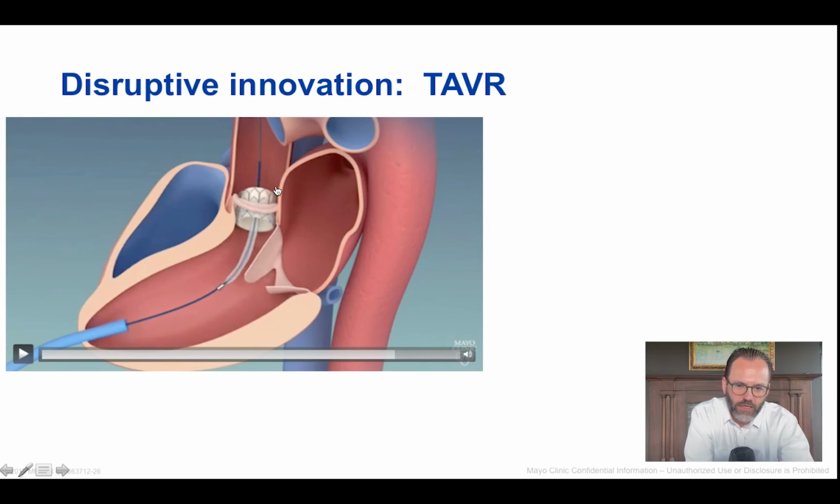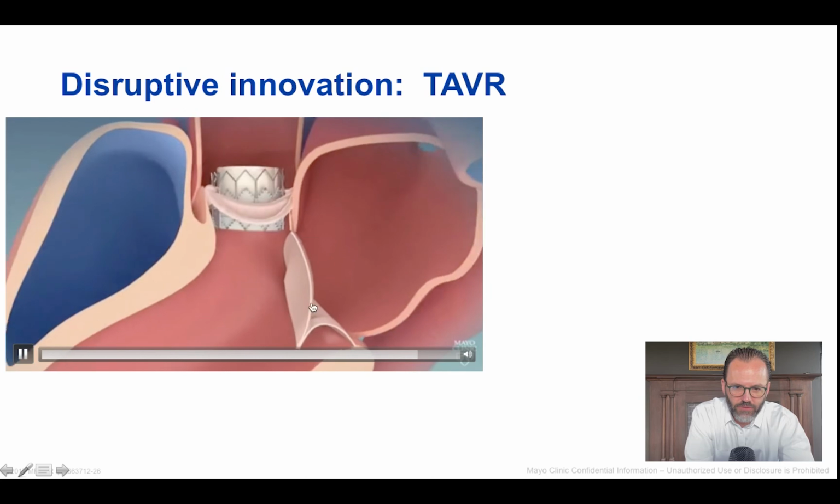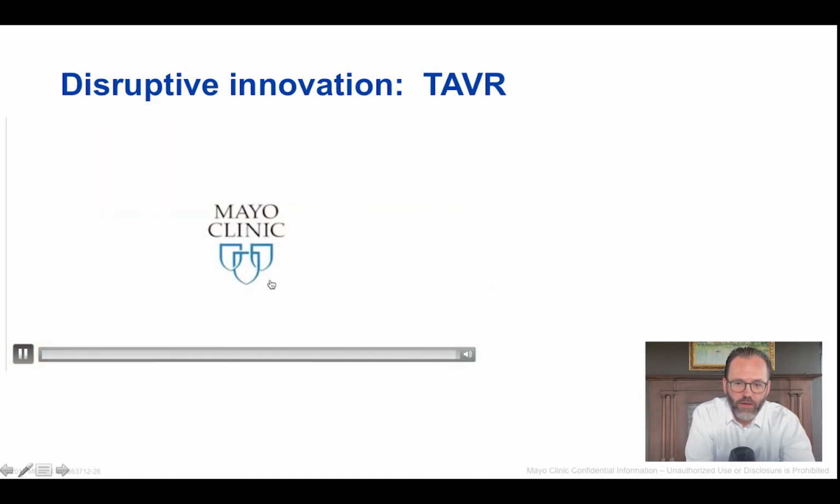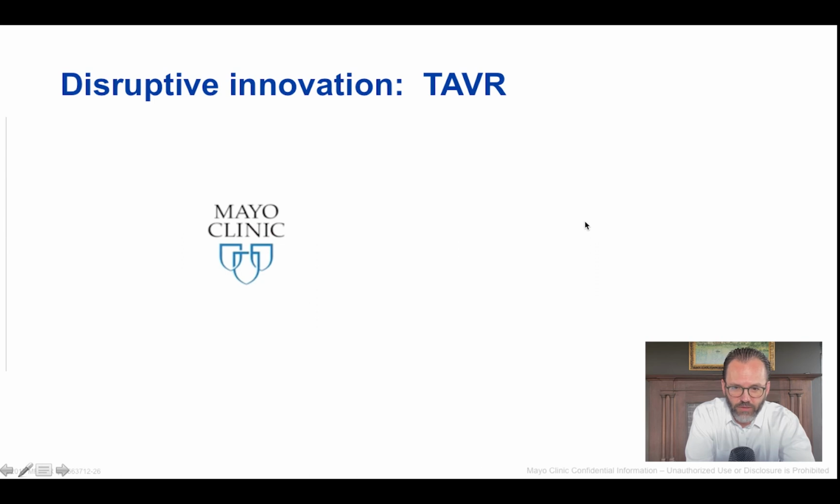Instead of going in surgically, opening up the thoracic aorta, cutting out the old valve, and suturing in a new valve. So this transcatheter valve approach has been absolutely transformative in terms of the ability to treat aortic valve dysfunction in a relatively non-invasive way. But, and there's a big but here, the availability of this technology has, of course, been